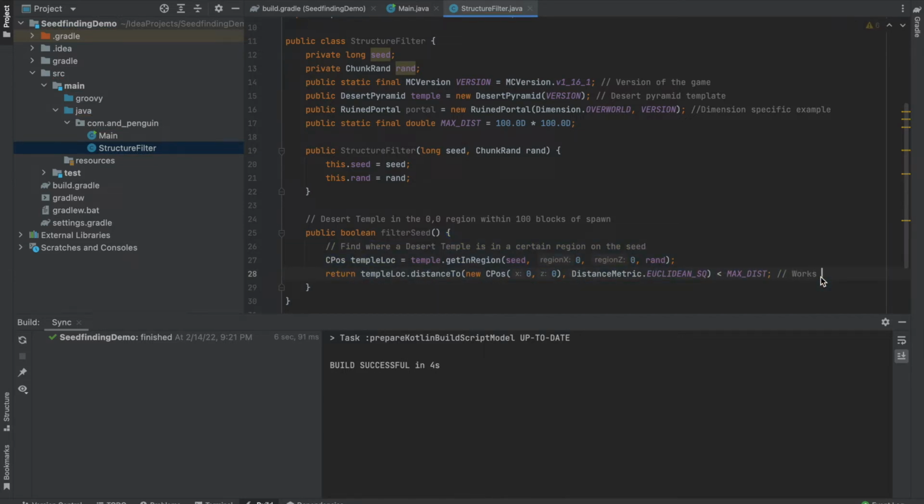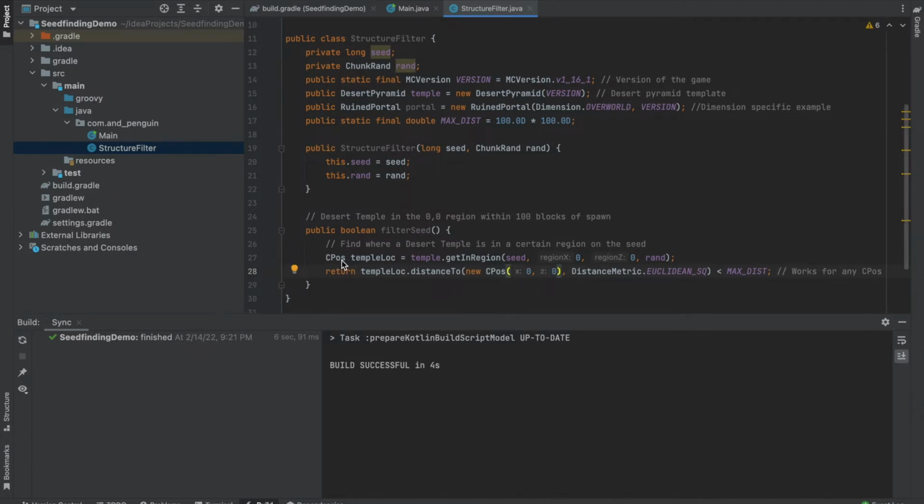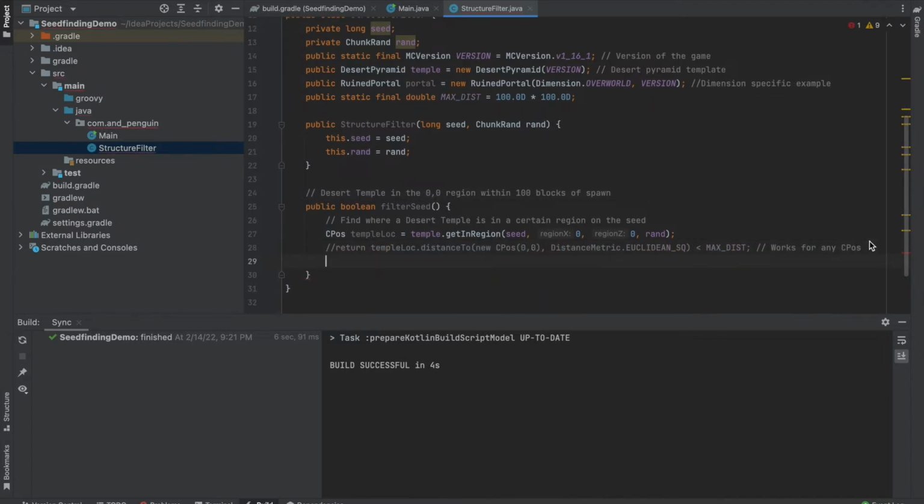Works for any chunk position. So you could want to see if a temple is within a certain distance of, I don't know, a ruined portal, like I've used before. But if you just want to see if it's from 0, 0, there's a little bit of a shortcut method that you can use. So we can just get rid of that, and then we can do return temple lock